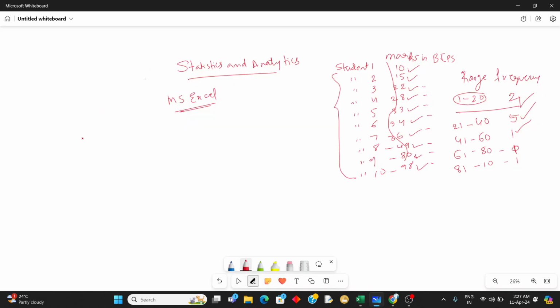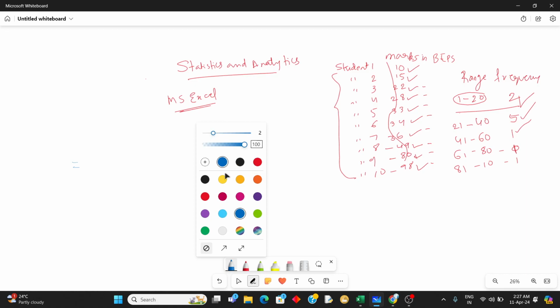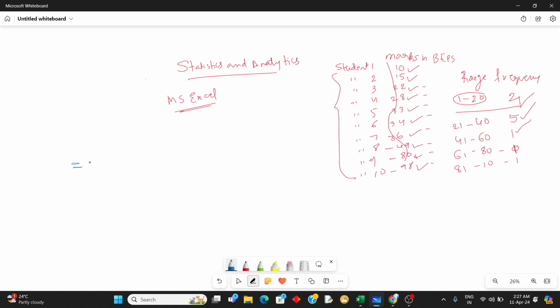That formula is equal to COUNTIFS, into the bracket data, okay, comma, in double quote we have to mention the range,